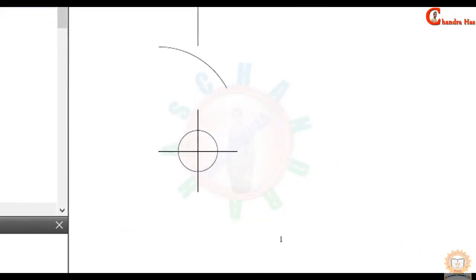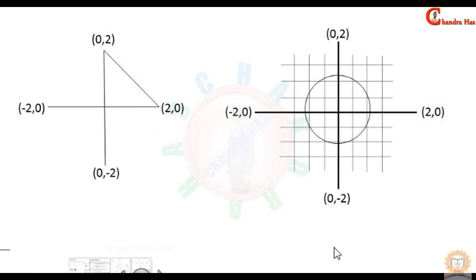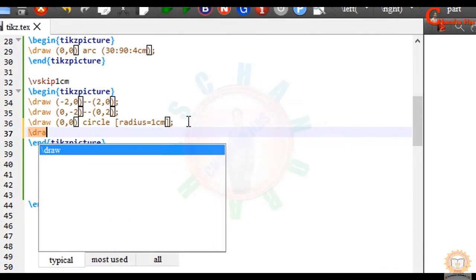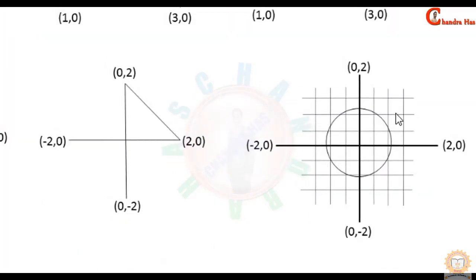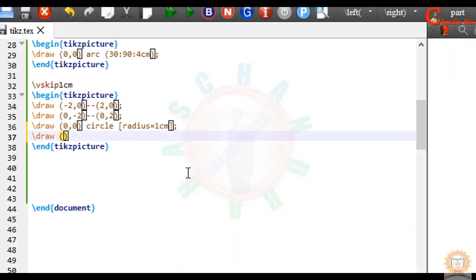All right, next I want to draw the grid. Again use the draw command. Now we have to decide the starting point and ending point for this grid. For example, I am taking 0,0, and this width is 1.5, and this height is also 1.5. So this point is 0,0, and this point is 1.5,1.5. So I am taking 0,0, and then use the grid operation. Just use grid, and then write the next point, so this is 1.5,1.5. Compile your file.